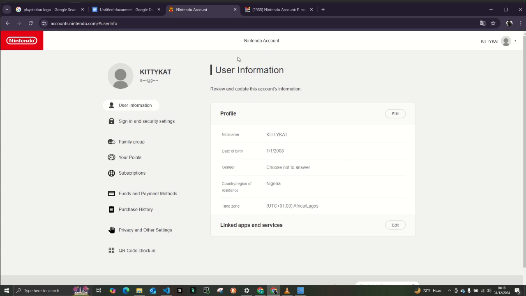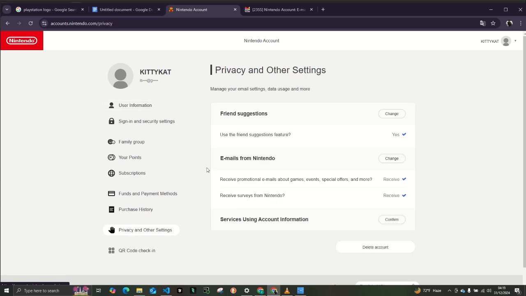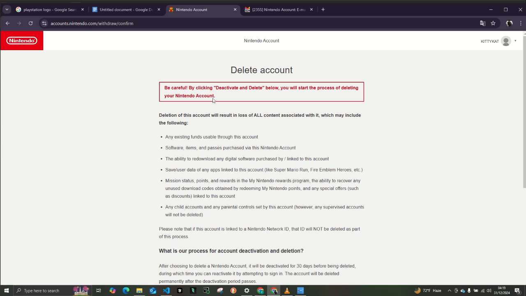It's quite simple. First you log into your Nintendo account using your credentials, and once you're in, you can see the option for delete account, but I can show you where you can go. Just click on privacy under settings, and here you can see friend suggestion, email for Nintendo, privacy, your account information, and here you can see delete account. Click on it. Now be careful, because by clicking deactivate and delete below you will start the process of deleting